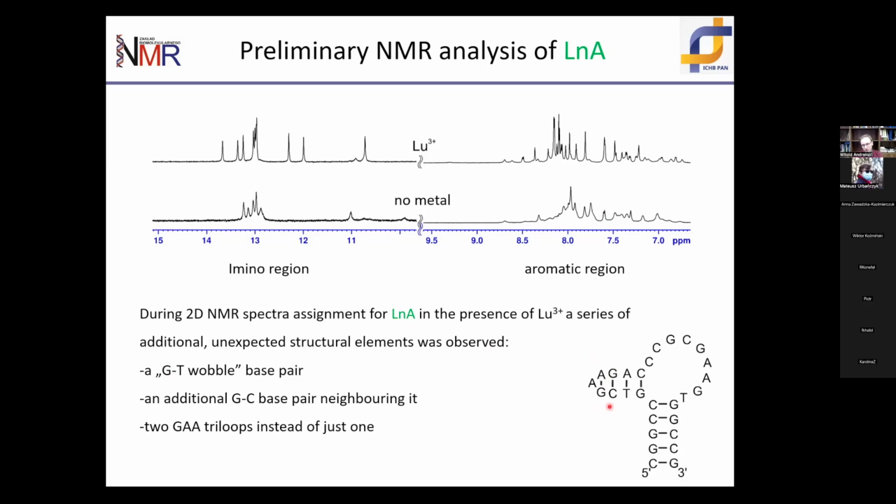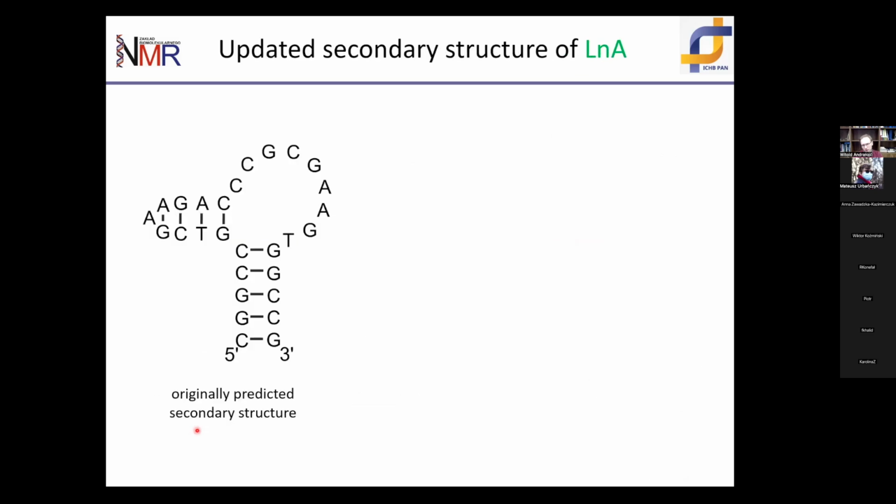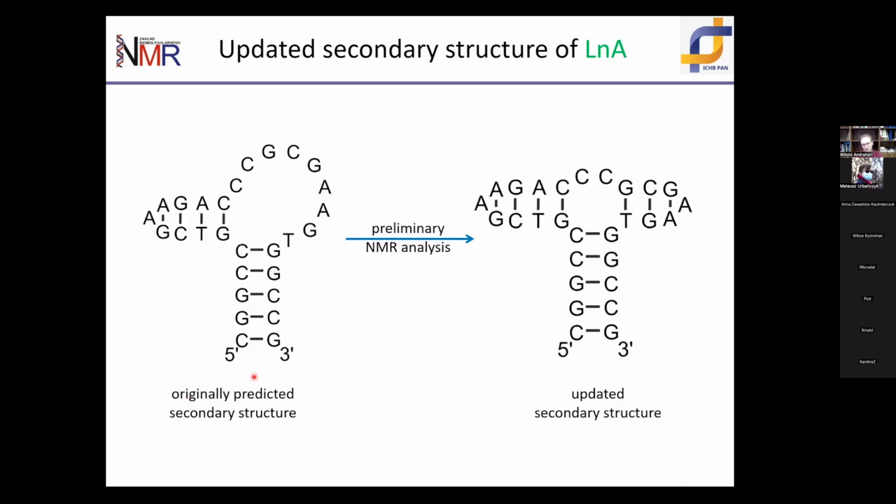And the only explanation for an additional GT, GC, and additional GAA was that actually the secondary structure of this aptamer is much more involved. All of this part of the loop actually forms a third helix. You have the GAA here, a GC pair, and a GT pair. So already without doing structural calculation, we've seen that this aptamer is actually much more structured in the presence of lutetium than initially anticipated. So the next thing we did was, of course, we extracted the structural restraints and calculated